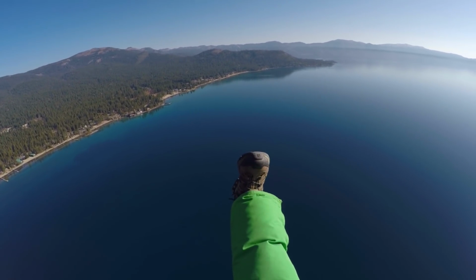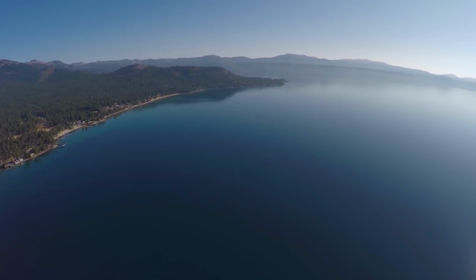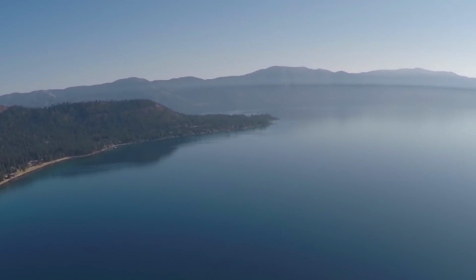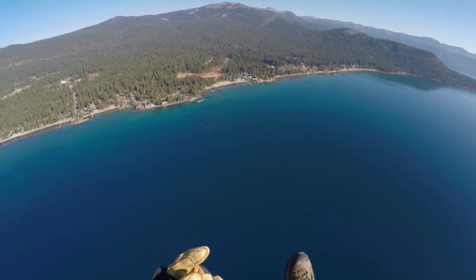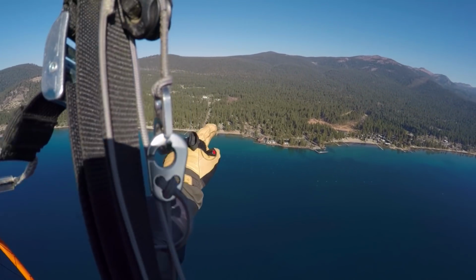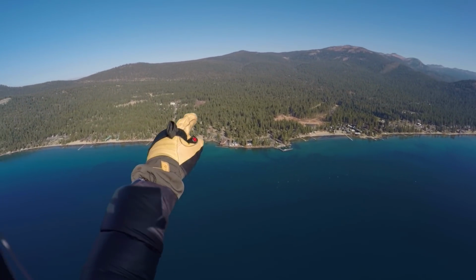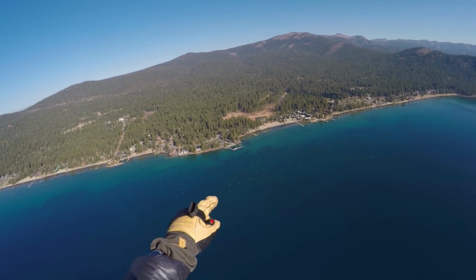The Daydreams headed straight for Diamond Peak. That is a weird layer right there. I hope that comes out on the GoPro. It's just like literally a line. And we're at 7,200 feet over Lake Tahoe. Slightly unnerving, right? There's the 270-something highway that goes over to North Shore or North Star and back over to Truckee from